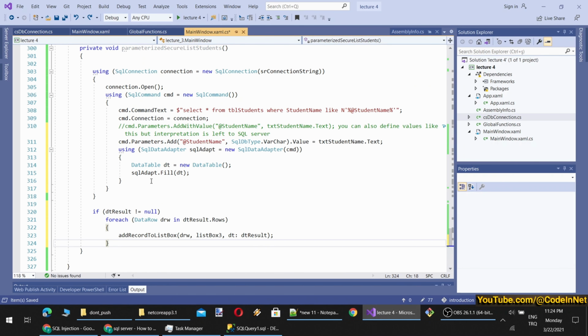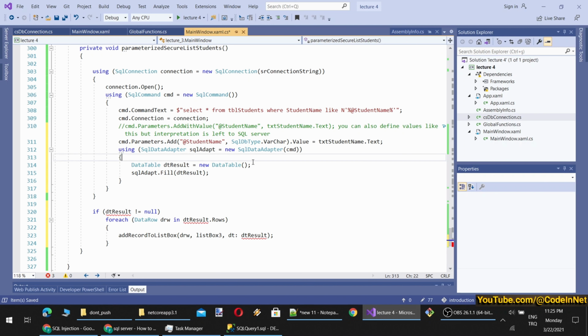Let me show. Okay, if you want to use your data table outside of the using scope, then you have to define it somewhere else, because you see this data table will be disposed of once our software exits from this using statement. Whatever is inside the using statement is disposed of, closed, and such after you leave the using code block.